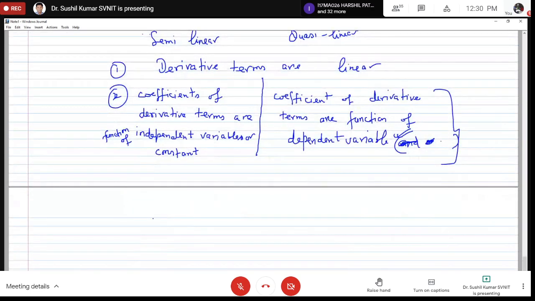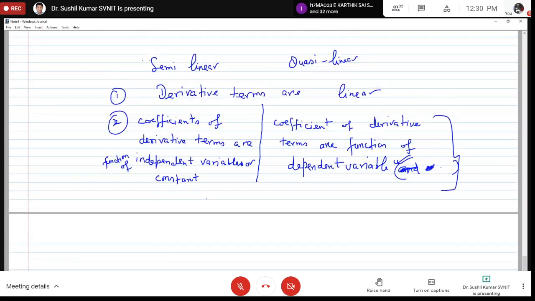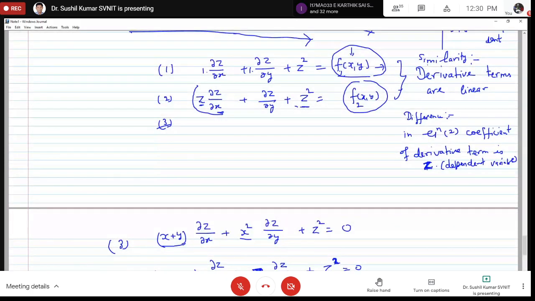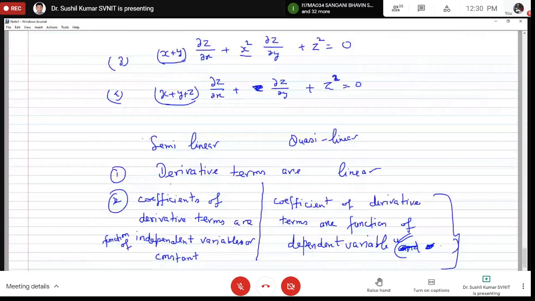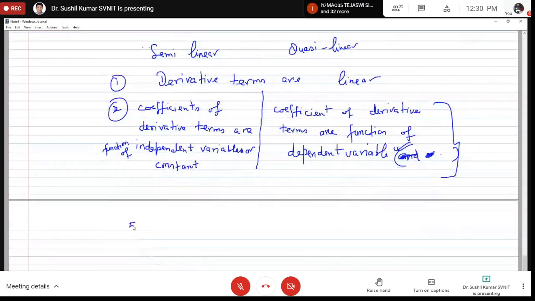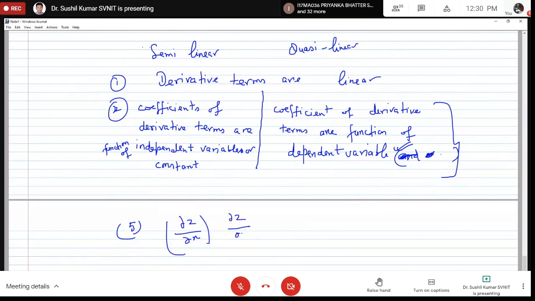Now, see, I'll move to order 2. So in order 2, it is del 2z over del x square. I have left it here, this equation, the fifth equation. Let me write this fifth equation in this way: del z over del x into del z over del x. It is not equal to del 2z over del x square. Plus del z over del y plus, let's say, z equal to 0.